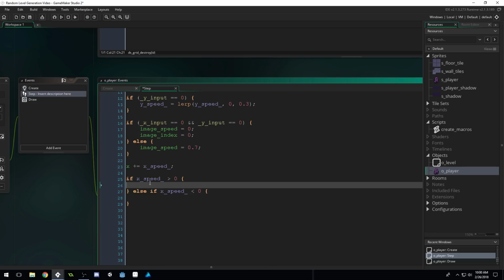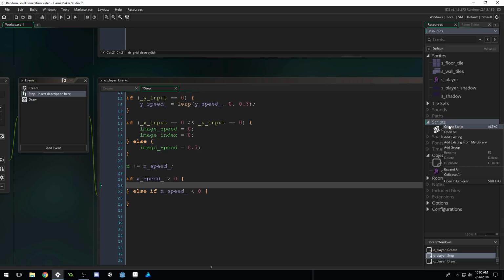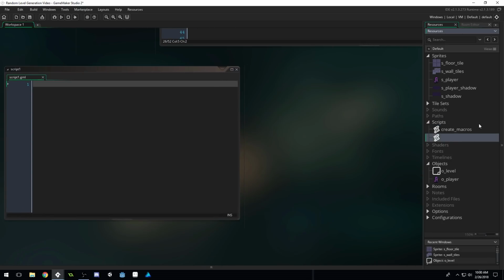Okay, so now we need to create a script. And this script is going to allow us to detect if a certain object is colliding with the grid, and we're just going to check each corner of the object. So let's create a new script. Create script. We'll name this grid place meeting,